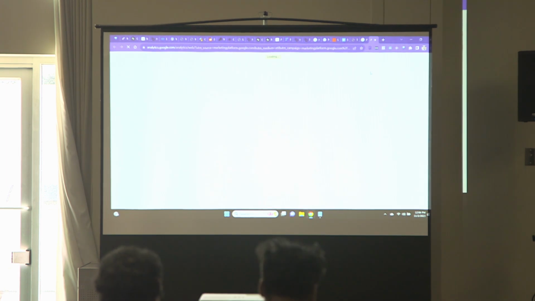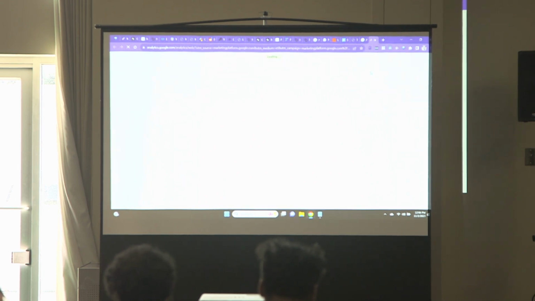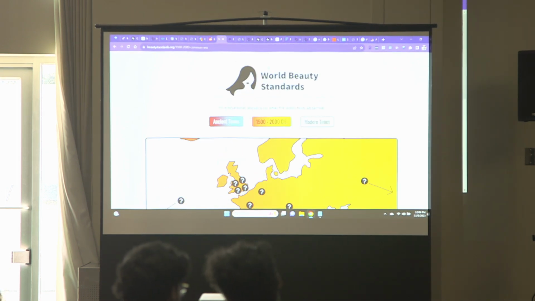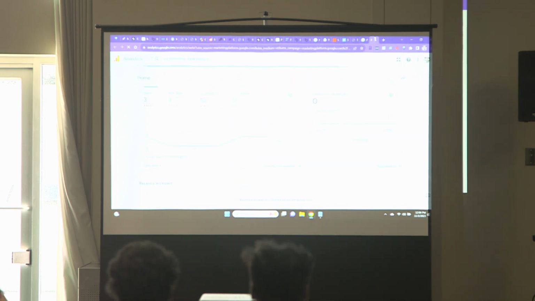It's just a little code. You can pop it on every single little card website I built. It's a free tool, just hosted by Google. It just tracks how many people go to your website, what pages they visit, and where they came from. And for my beauty standards website, this one over here, I was able to tell that all the traffic came from Reddit, because Google Analytics said all from Reddit.